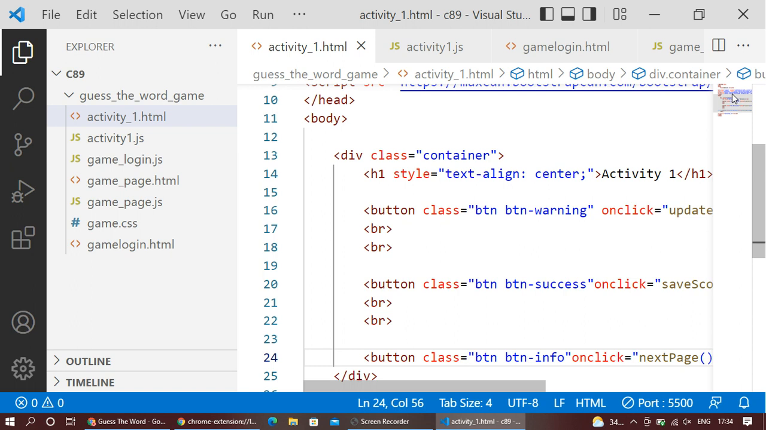BR means just a space area. Button, we are creating a button. And the class means what type of button it is. Okay,